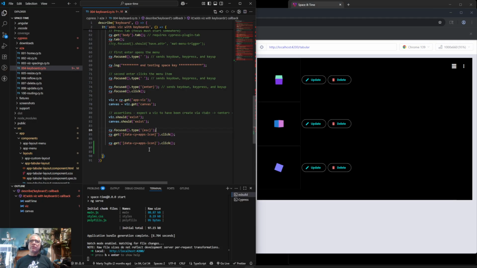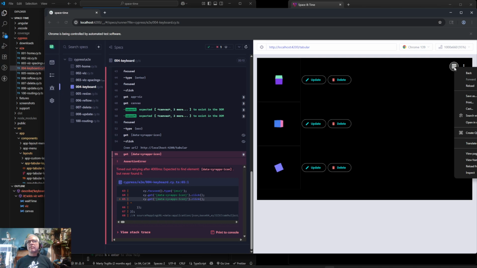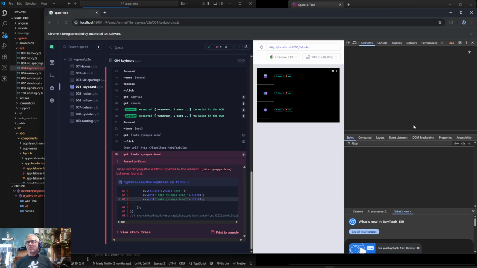I'm really confused. I see what app... oh, maybe it's not apps icon anymore. I bet you it's something different now. I bet you this one is... yeah, so actually it took a long time to fail, but eventually it said, I can't find the apps icon, and that's because it doesn't exist anymore. So if we inspect this, I think what we're going to find is